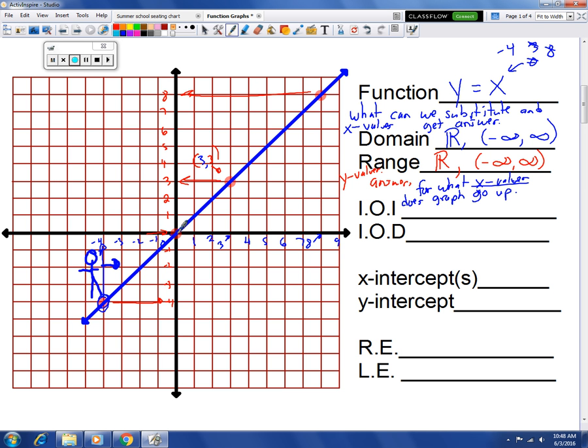At x equals 0, he's going up. At x equals 3, he's going up. At x equals 8, he's going up. And you can imagine at x equals 9 it's going up. At x equals 10, and so on. So it's going up. Now, if this is a problem students will have, you say, well, you put your little man right here at negative 4. I'm going to say from negative 4